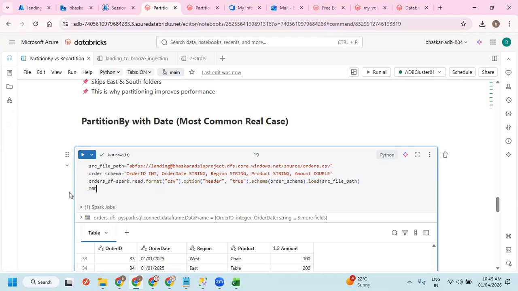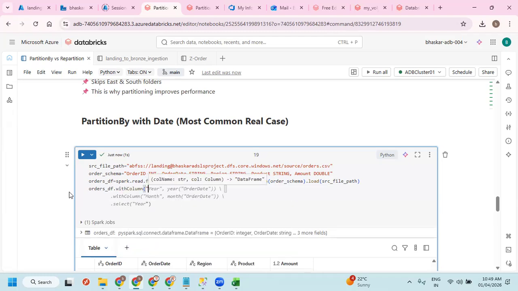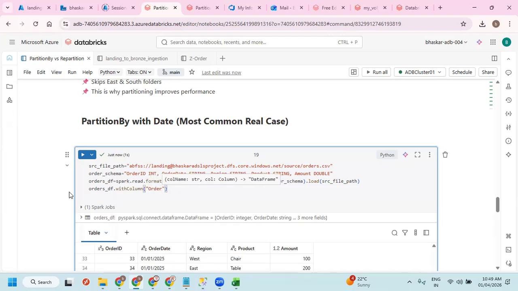orders_df dot withColumn, order_date. I'm just giving order date a different column name, comma, to_date, order date.